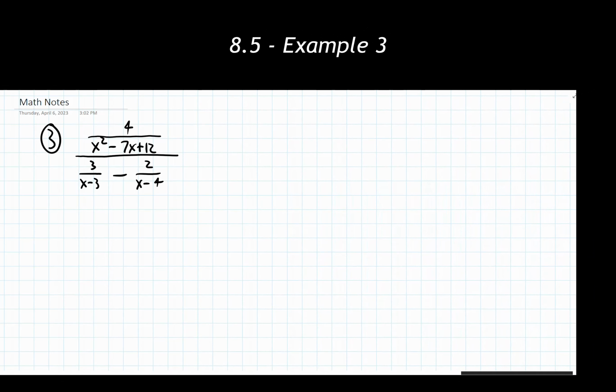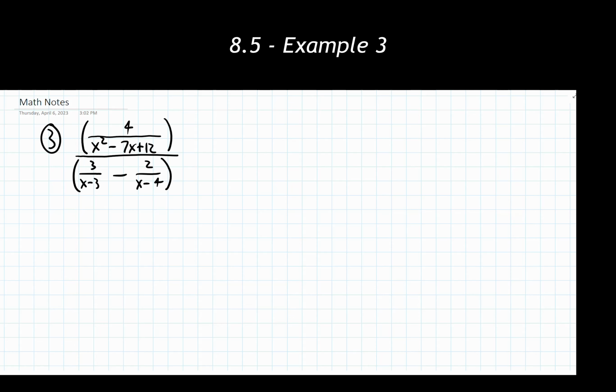For example 3, we're going to slightly modify how we set up and go through our steps, while at the same time sticking to them, just for the sake of showing you some different options. Let's take a look at what we're asked to do here. So again, the numerator is a single fraction, so not really a whole lot going on there. We're going to put parentheses around this to make sure there's our clear numerator. And then the denominator, we have something subtracting, so we're going to need to do something with that. We're putting parentheses around that to make that our clear denominator.